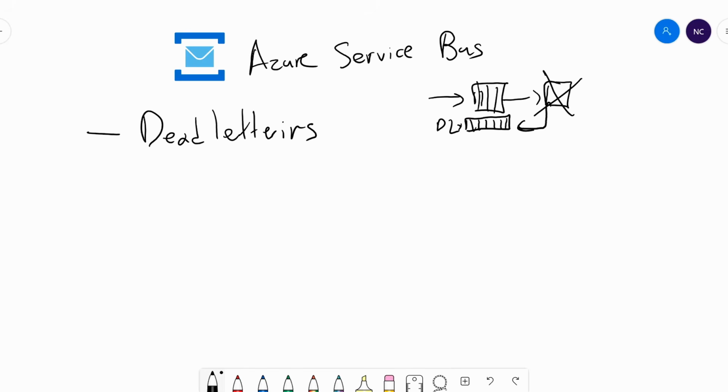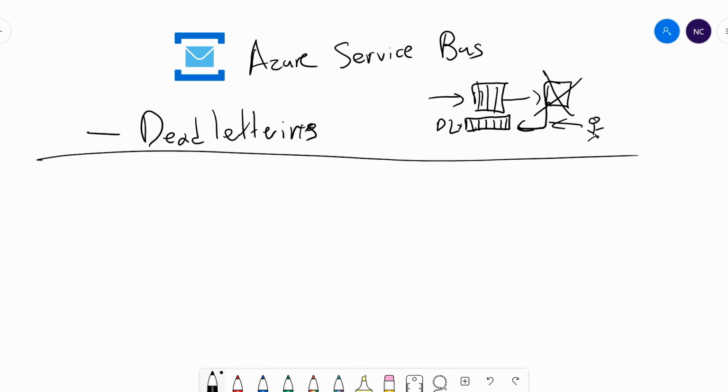And the dead letter queue, all it really is just another queue that will stay there for as long as you tell it to. And it gives you the ability to either replay those messages if you found a bug or something, so you don't actually lose anything, or you can just manually go in here and see what they look like to debug and see why they failed. So dead lettering is a very important one.